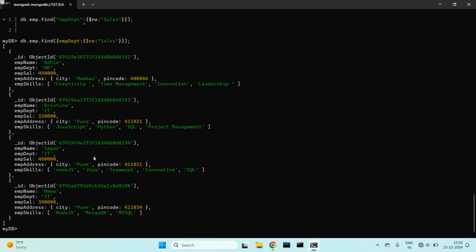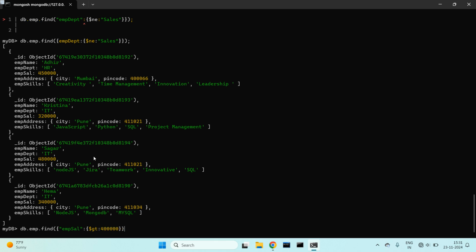Now let us see the demonstration of $gt, that is greater than. Suppose I am searching for the information of employees whose salary is greater than 4 lakhs. In that case, I'll write db.emp.find. The key I'm searching for is emp sal, and then to specify $gt, colon, the value I'm searching for, greater than 4 lakhs.